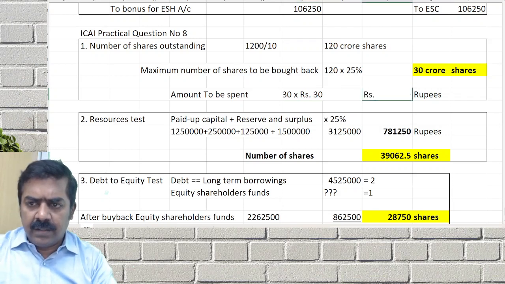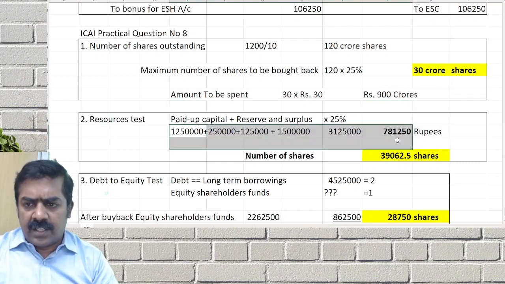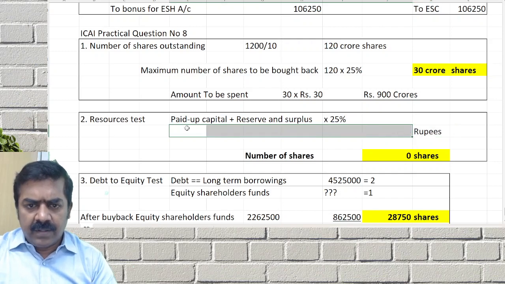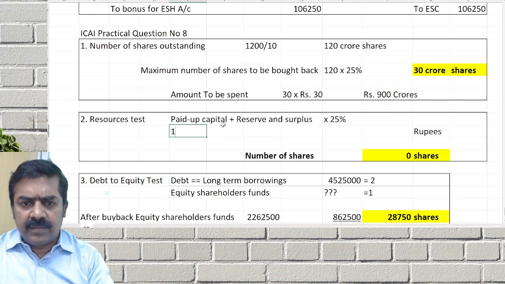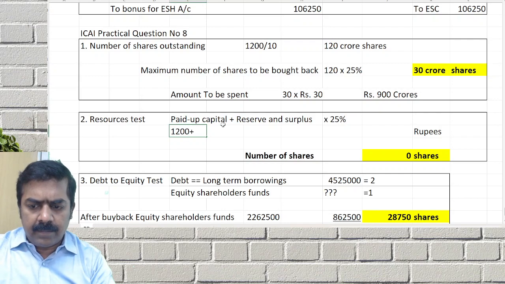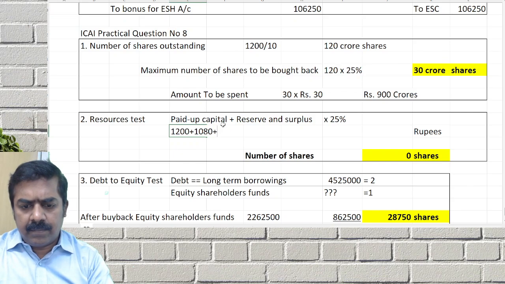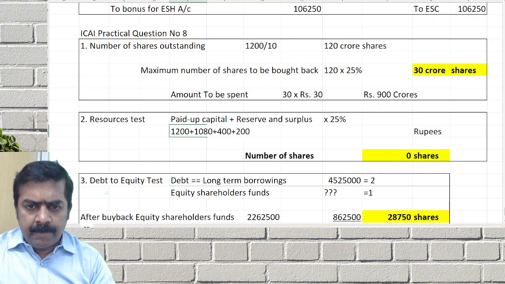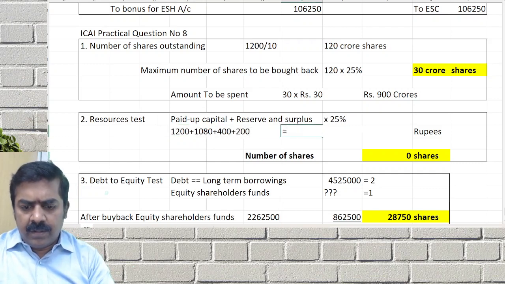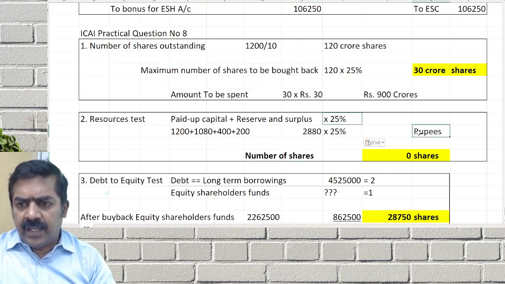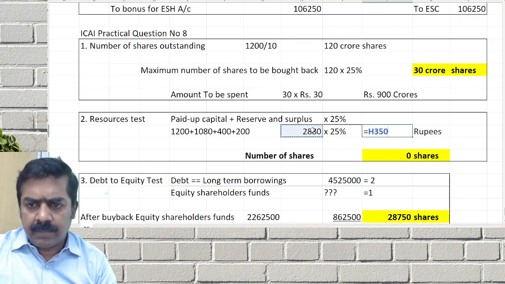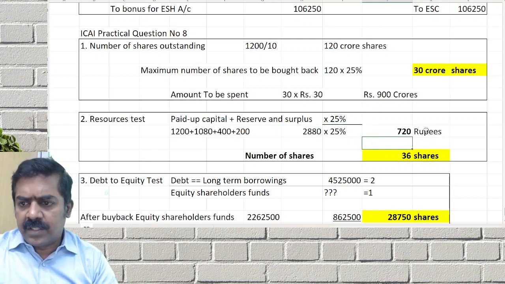If you buy 30 crore shares at 30 rupees, how much will be spending? 900 crores rupees you will be spending. Resources test, let us apply. What is the paid up capital? 1200 plus 1080 plus 400 plus 200. This into 25%. 2880 into 25% is 720 crore